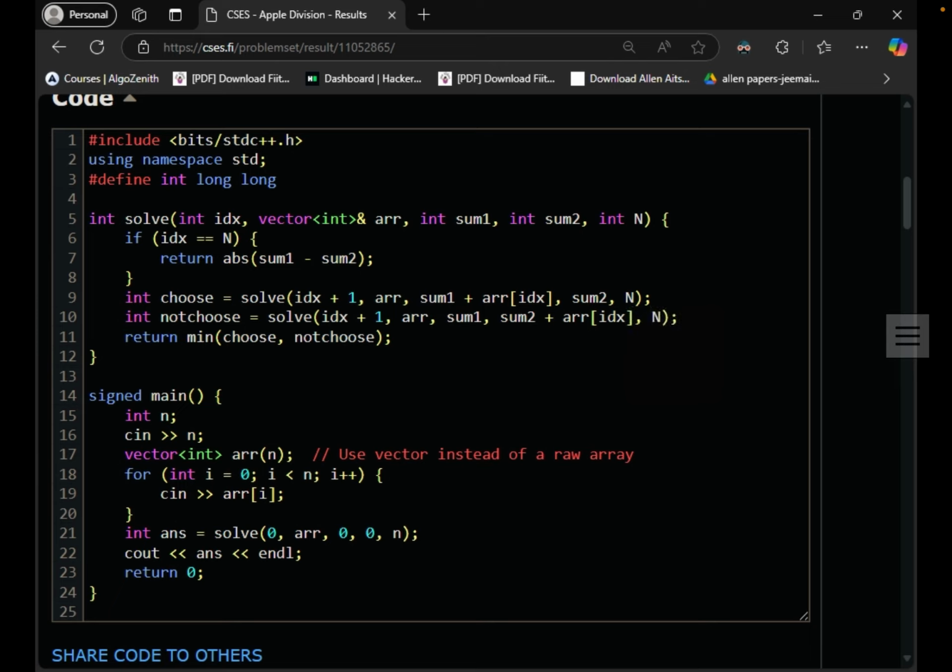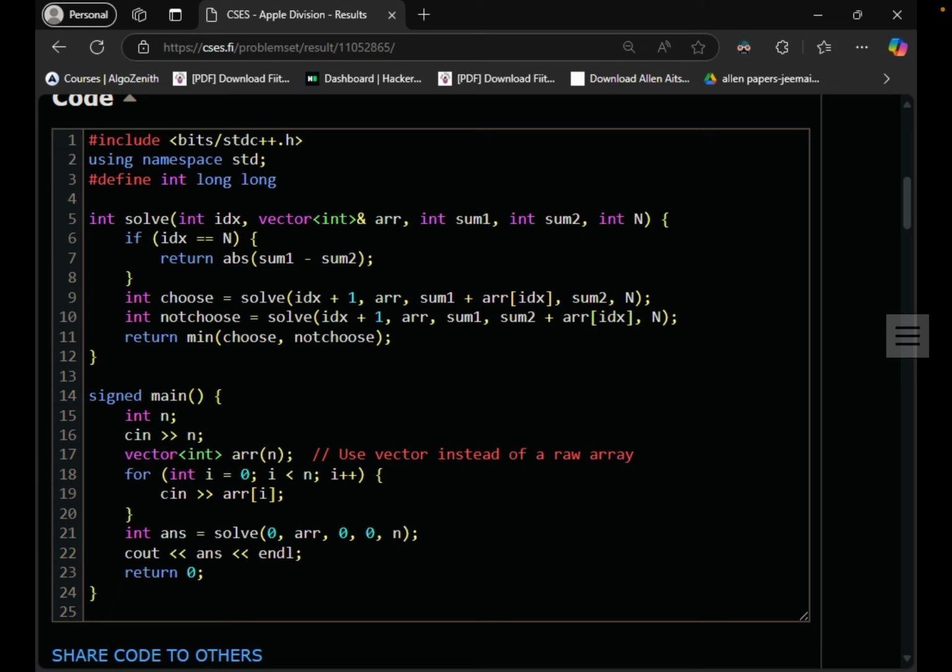If we have reached the ending, idx equals n, then we need to return the absolute of sum 1 minus sum 2. In the next thing, choose is solve(idx plus 1, arr, sum 1 plus arr of idx, sum 2, n). And not choose is solve(idx plus 1,